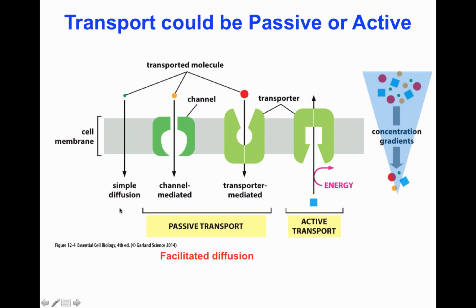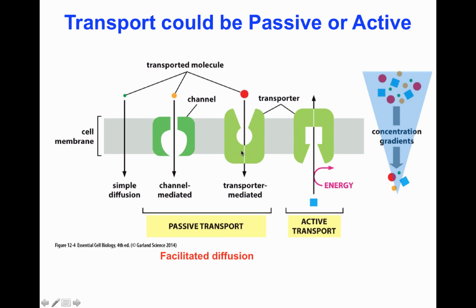But we already said that a lot of molecules are impermeable in the membrane, that the membrane is not going to allow them to come through, and therefore they need transporters to facilitate their diffusion. So those include passive transport molecules. And passive transport molecules include channels,